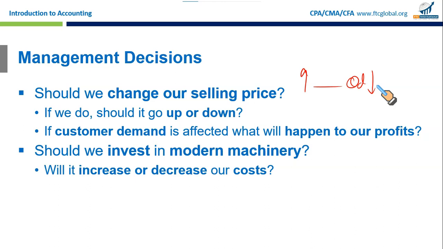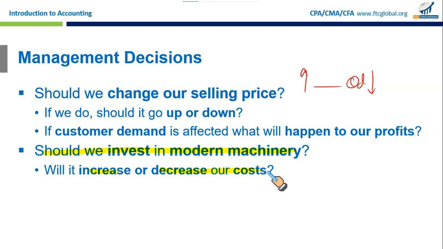What if the price changes and the elasticity of demand is greater than 1? Consumers may stop buying or will reduce the quantity purchased. Right? So these are decisions which management accounting will help us take. Should we invest in modern machinery? If we do, will it increase our cost or will it decrease? That's where management accounting comes in, and it will provide us with the relevant information we need to take such